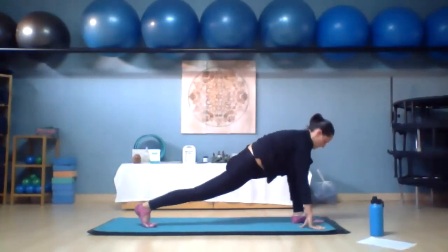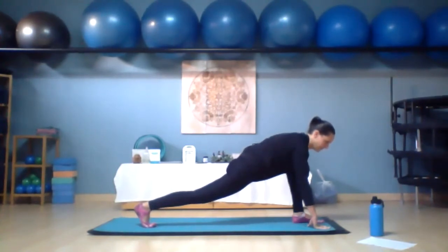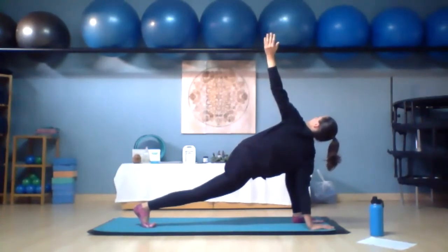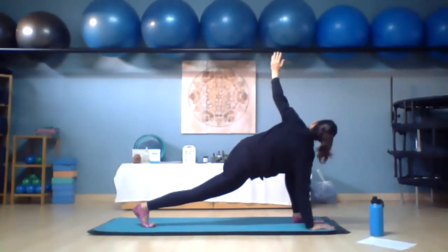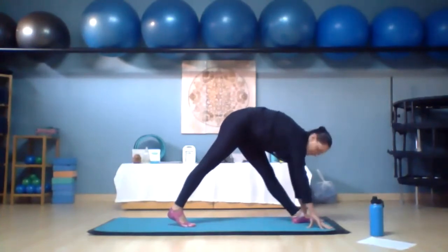Hold this runner's lunge. Raising the hips down towards the floor, back leg straight. And then from here, reach left arm up to the ceiling, right arm follows. And sit down. Bring the back leg a little closer, keeping that heel lifted, straighten into the front leg, lowering